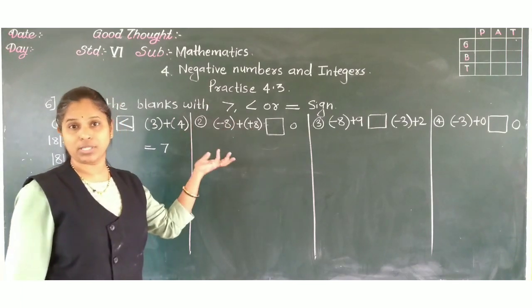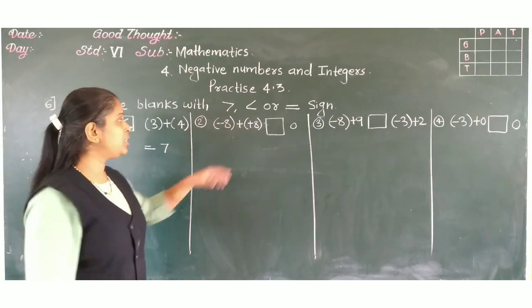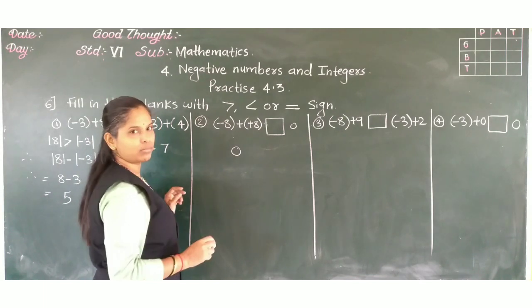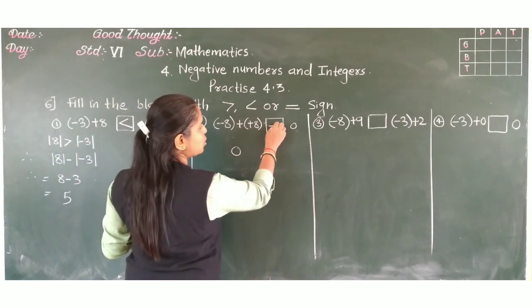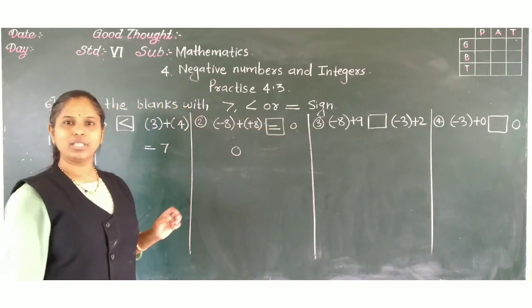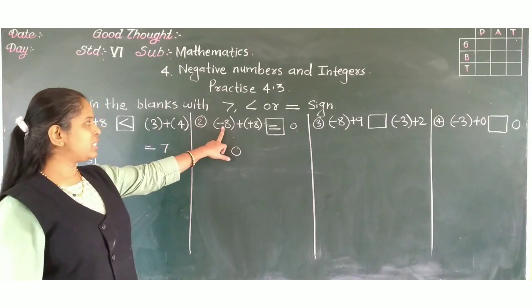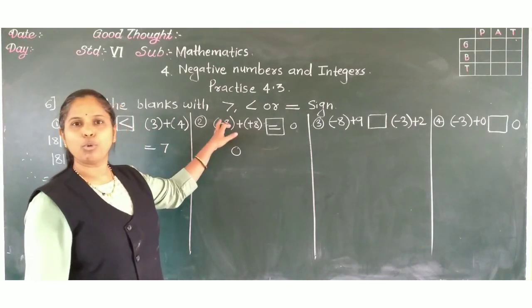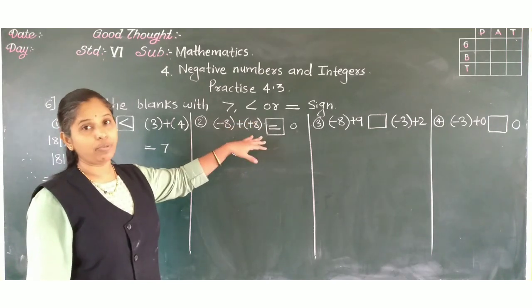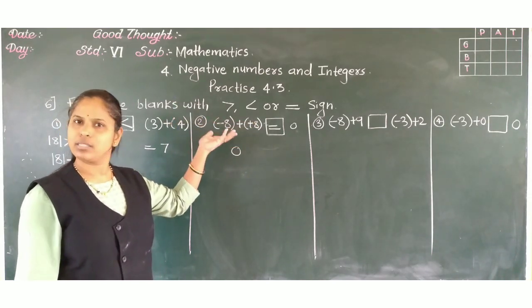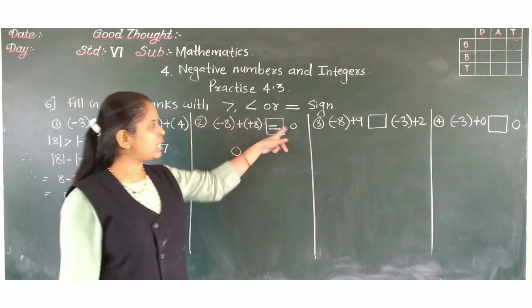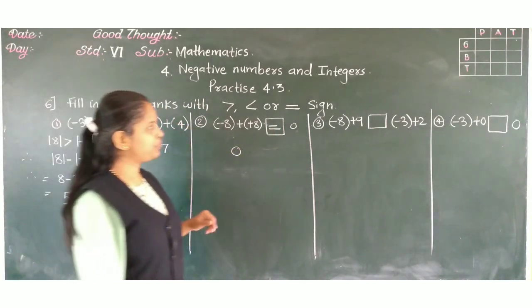Now, additive inverse. Minus 8 plus 8. Their addition always comes 0. And here also 0. So both are equal. Here there is nothing to solve, because this is minus 8 plus 8. Both are additive inverses, and the sum of additive inverses is always 0. So both sides are 0, that is equal.